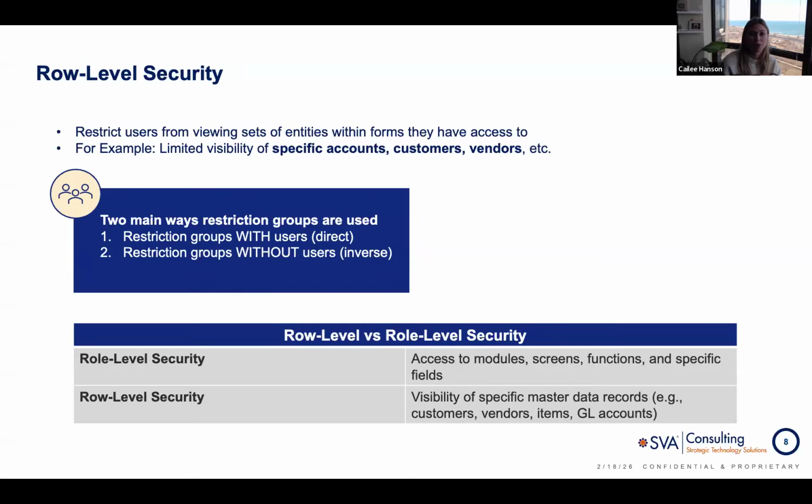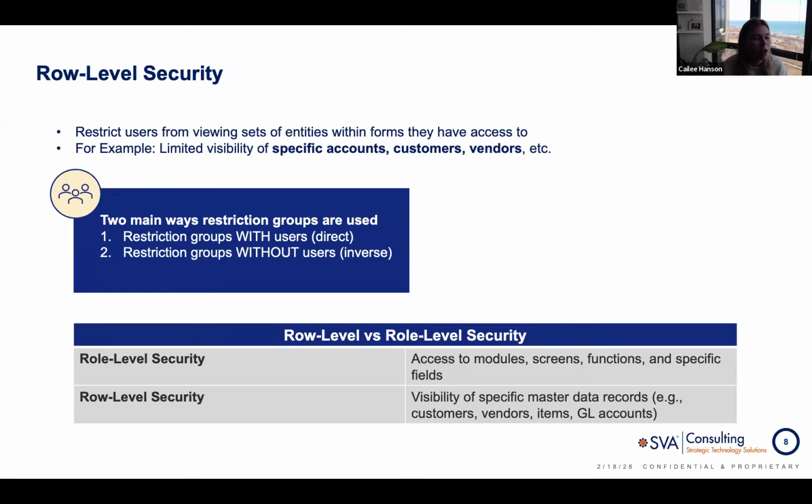All of those are really what we'd refer to as master data records. And so natively within Acumatica, if you have access to those components, you'll see all of those customers, for example. So if I'm Julia, she has access to that customer screen. By default, she would see all of our customers. So if we think, hey, we actually just want to restrict this so that maybe Kaylee is seeing just our US-based customers and Julia is seeing just our international customers, those types of restrictions is what we would use